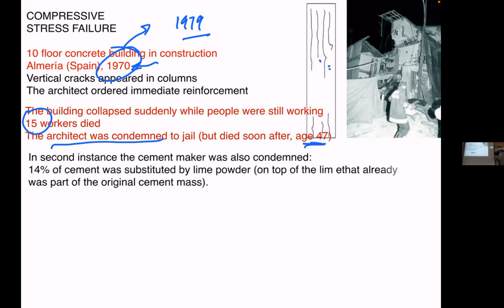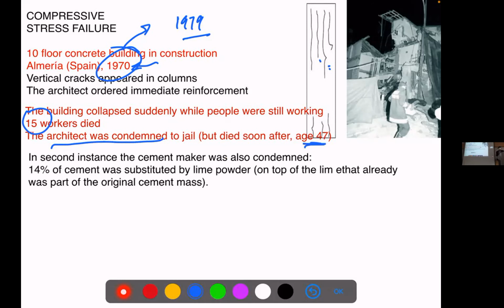In the end, the investigation showed that the ultimate reason for the collapse, apart from some change in the structure during the construction, which is always tricky, was that the cement company, again, was trying to get more profit by adding more lime than established. And that made the concrete take the strength, but take much longer. And then the building did not have strength enough. But the architect had already died of grief, right? So it's very sad to tell.